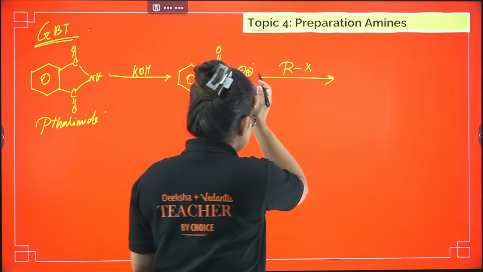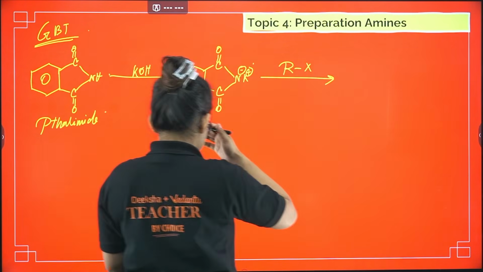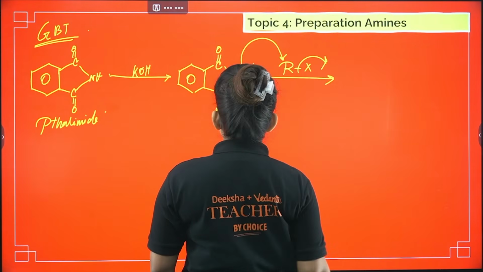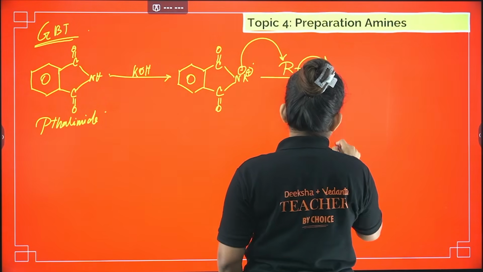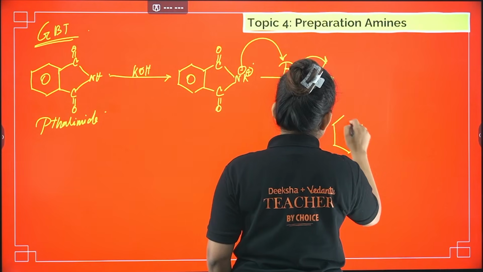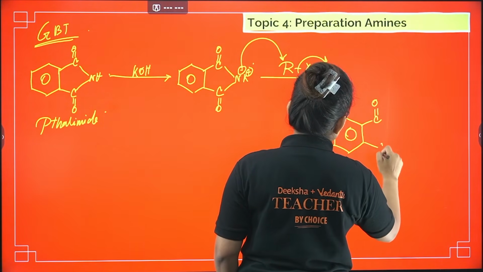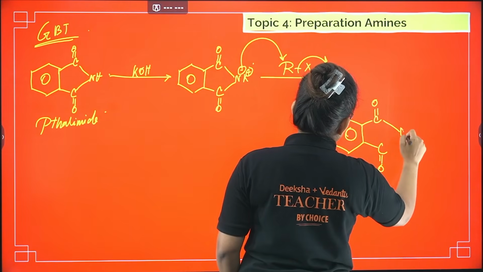So here what happens, this N minus will attack over here, right? And this X will be gone. So I will get something like this. Here I will get NR,